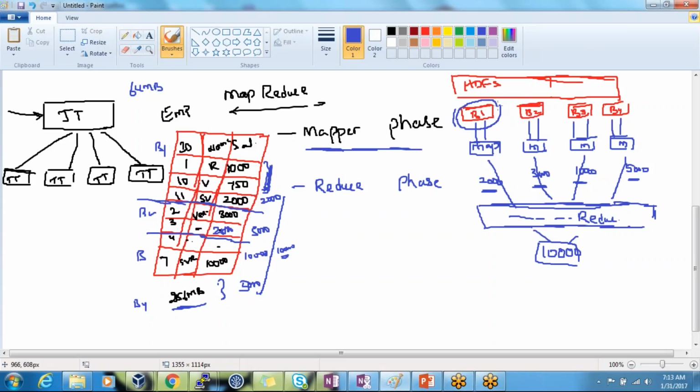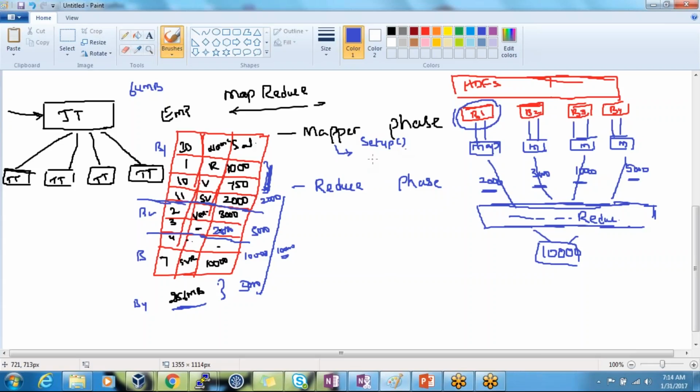In this mapper object, you have something called